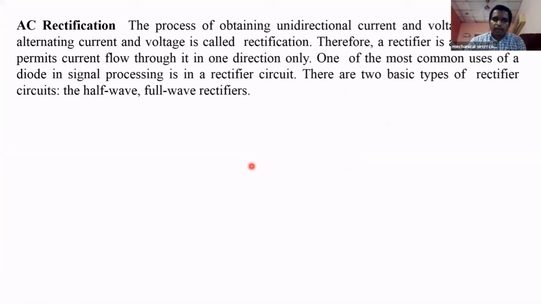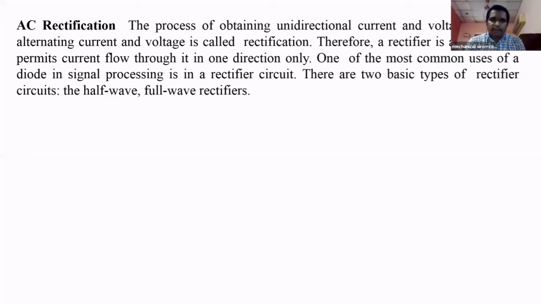Next. Once I unmute you, if you have any doubts regarding the PN junction, please ask me now. If you have any doubts regarding the PN junction diode, reverse biasing, forward biasing and breakdown voltage, please ask me now. I allow you to unmute. If you have any doubts, unmute yourself and ask me. I will give one minute. No one? I think you understand about the diode.